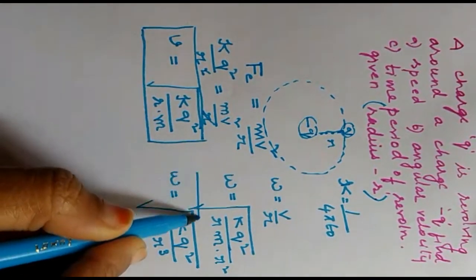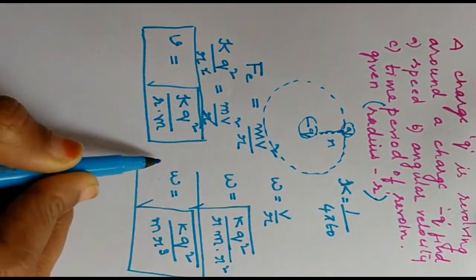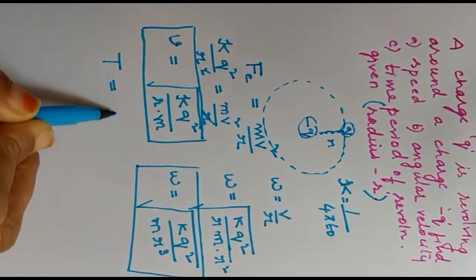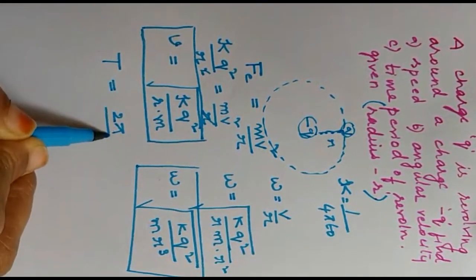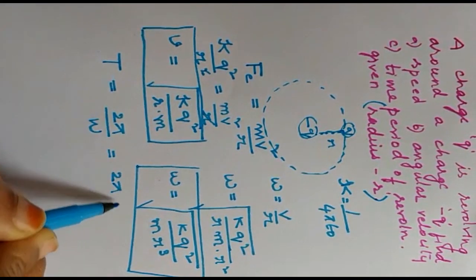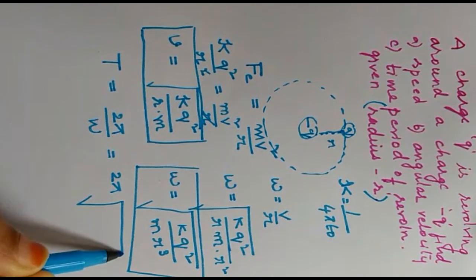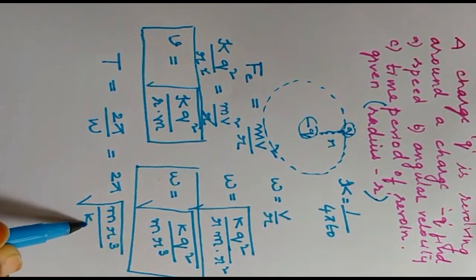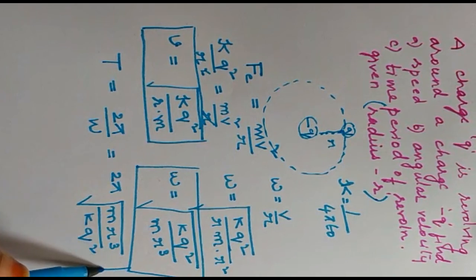And once you know this omega, you can easily find out the time period. Time period of revolution is 2 pi divided by omega. That would be 2 pi, reverse the fraction, under root m into r cube by k into q square. So this gives you